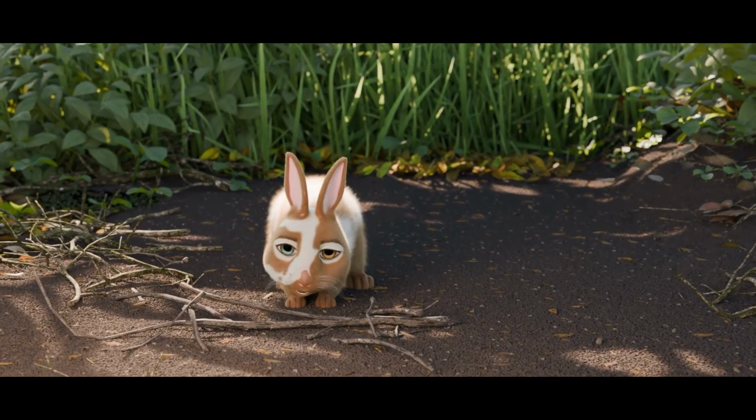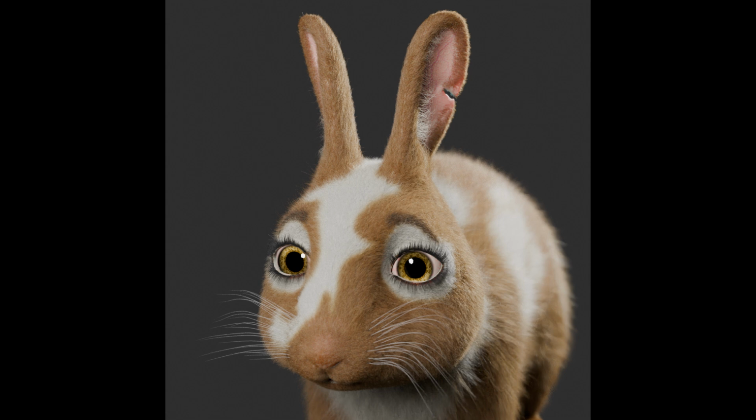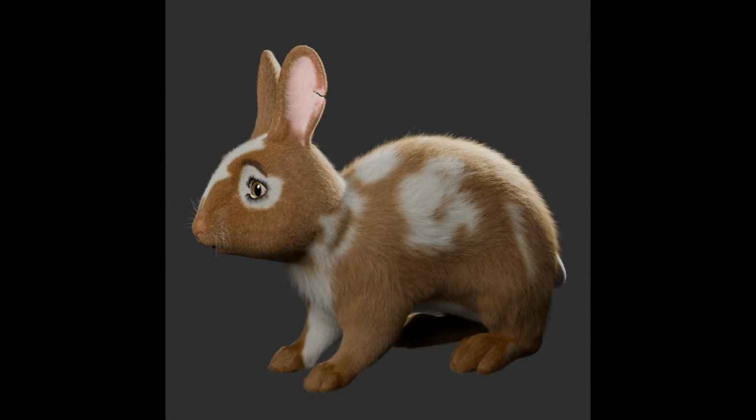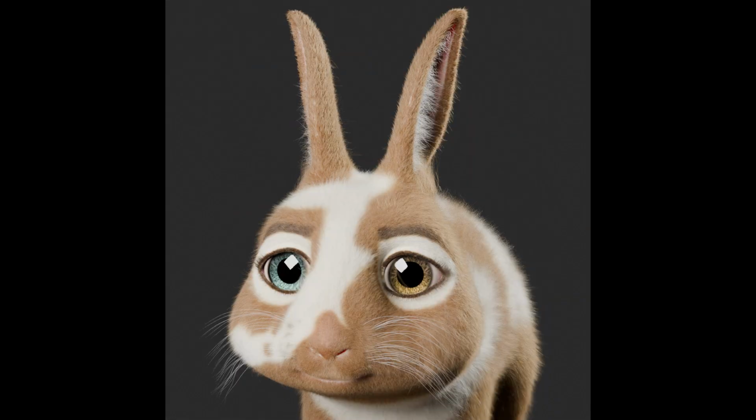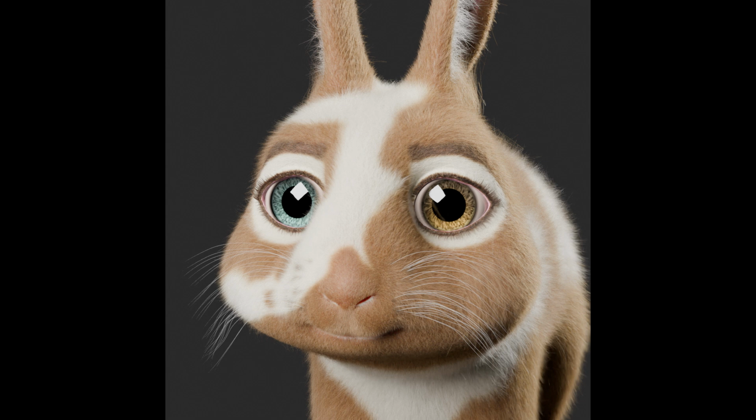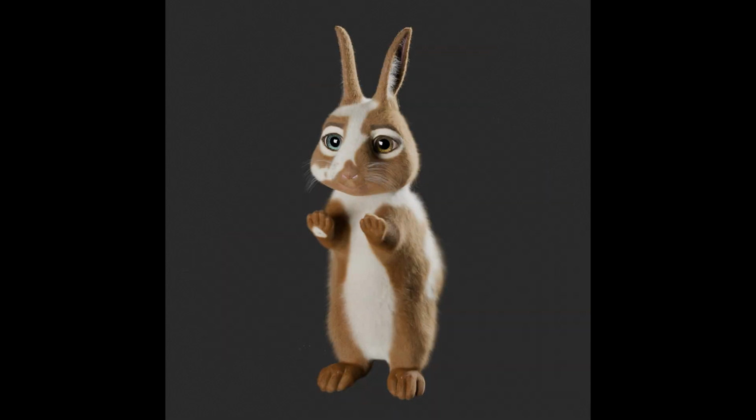I deviated a lot from the design of the test rabbit because I wanted to express character better. I wanted the mum to feel more wearied and concerned, like she'd seen a lot in her time, and I wanted Kit to be bright-eyed and new to the world. I discovered that to make a character look more childlike, you have to bring the eyes, nose, and mouth closer together. As soon as I did this with Kit, the character just suddenly started feeling right.